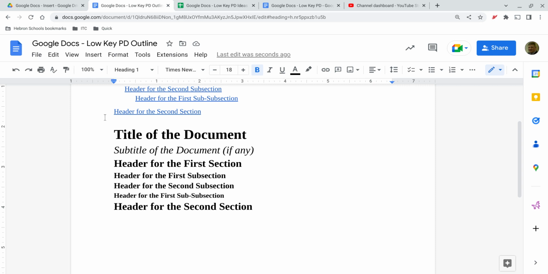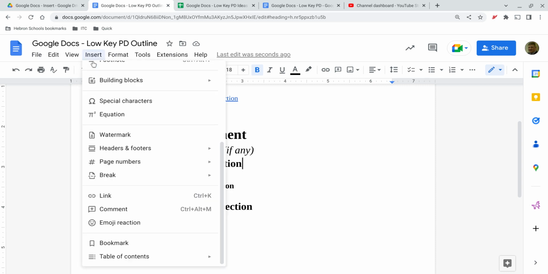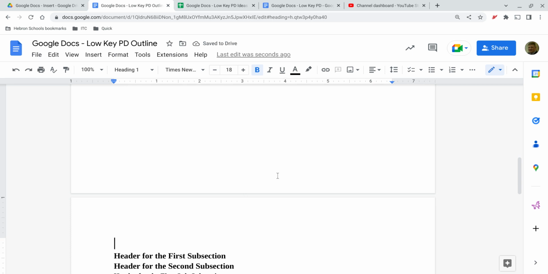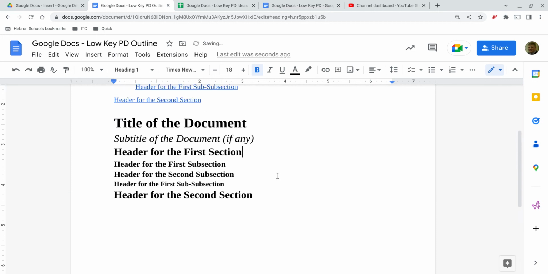The standard break, which you're probably most familiar with, would just be a page break. If you go to Insert, Break, Page Break, right? And what that does is force whatever new content comes after that to appear on the next page. All right, so that's a page break. If I undo that,